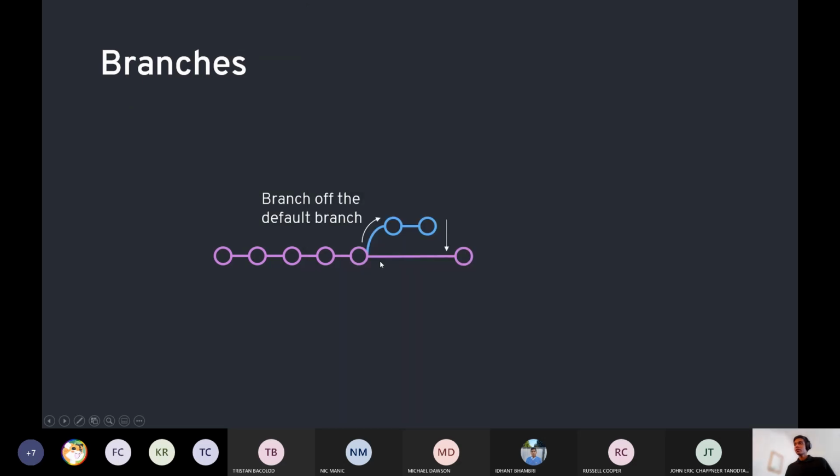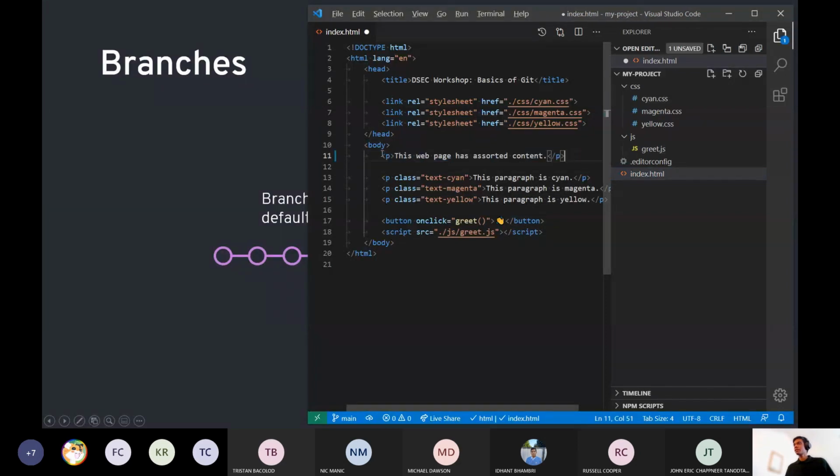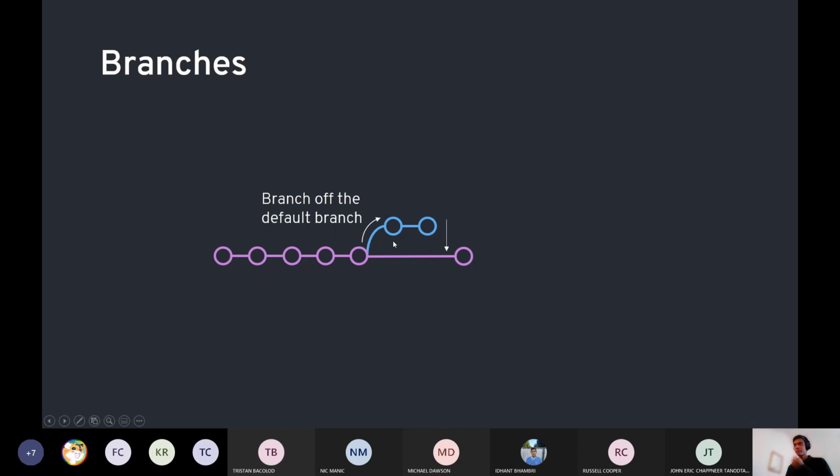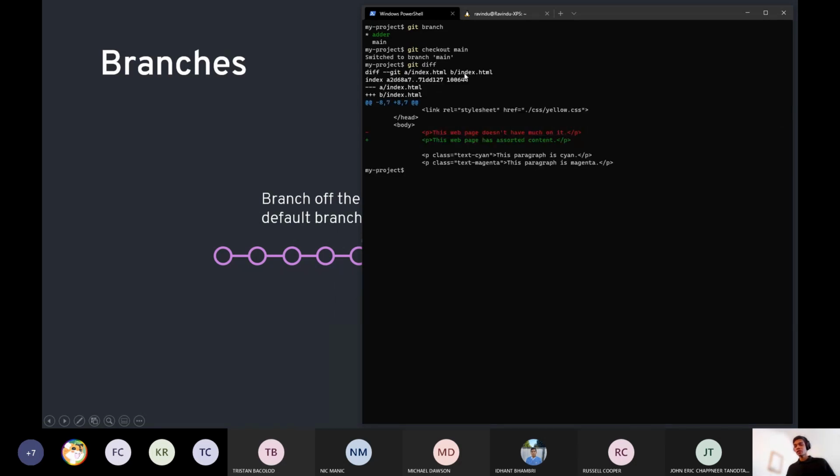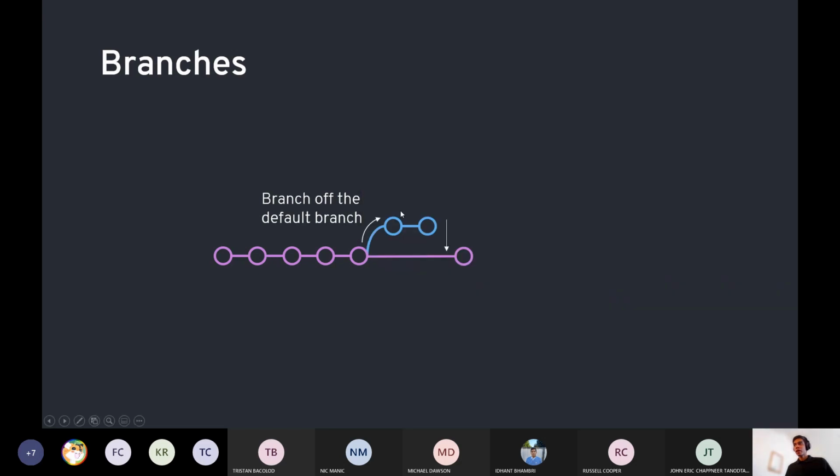So we're on our main branch. We can go ahead and make a commit here. The commit that I'll make here is maybe something like, I could revise this paragraph to say it has sorted content. So I just want to demonstrate that you can actually make a change here. So once again, git diff shows us that we've changed this line of index.html. I could add everything and stage everything, that is, and commit this as update paragraph that describes content of index.html, for example. So we've branched off main, made 2 changes on this new branch.